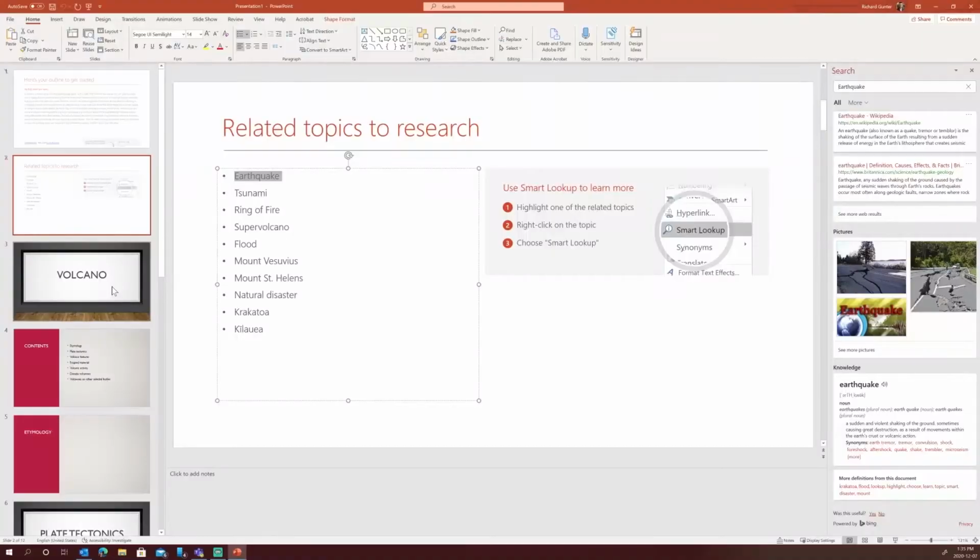What I've just shown you on these first two slides is basically everything that you're going to get about the topic. The intention here is not to complete the entire presentation for the person creating it. It's to kickstart their creativity and their process. Like I just showed you, it's giving you an overview of the topic and some related topics that you can research. And then it's up to the learner to go out and fill in the rest. I'm going to show you how here.